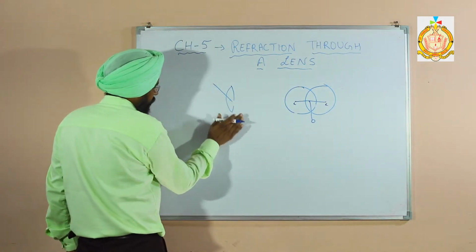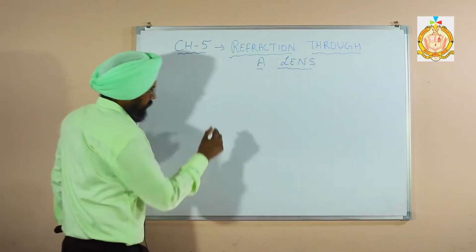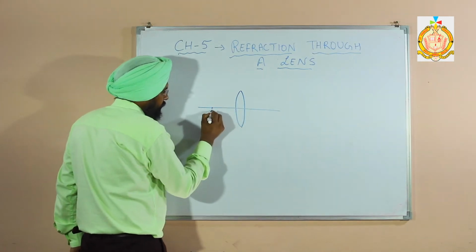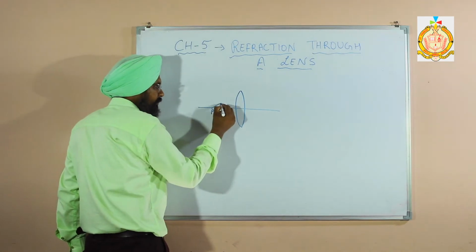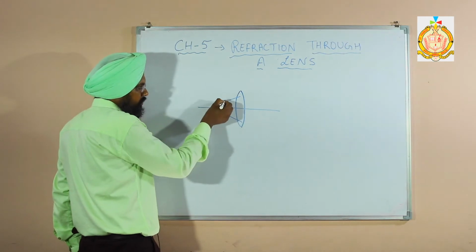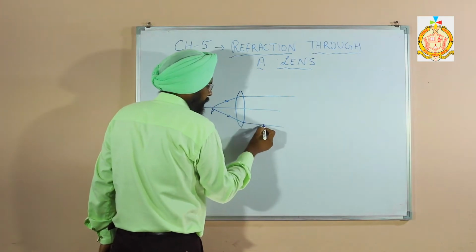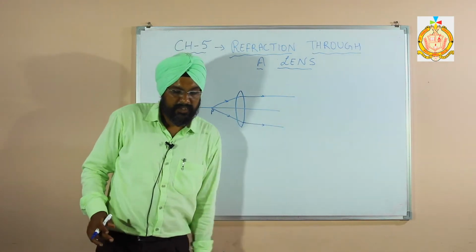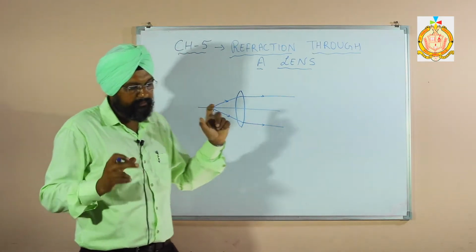Then the first focal point means the point from where the rays start. This is the first focal point. I am going to explain the first focal point. This is the lens. Suppose this is the point, the source is at this point. So the rays start in the upward direction and in the downward direction. When rays pass through and emerge, they go parallel. In the next section we will discuss the construction of the ray diagram. So this is the first focal point from where the rays start.